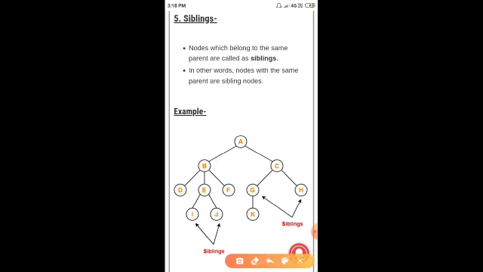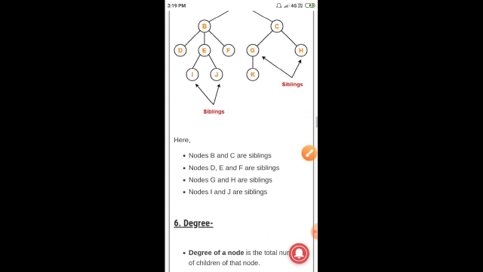B and C are also siblings, because the parent of B and C is A only. D, E, F are siblings, and G, H are also siblings. K is not a sibling. These are the siblings.